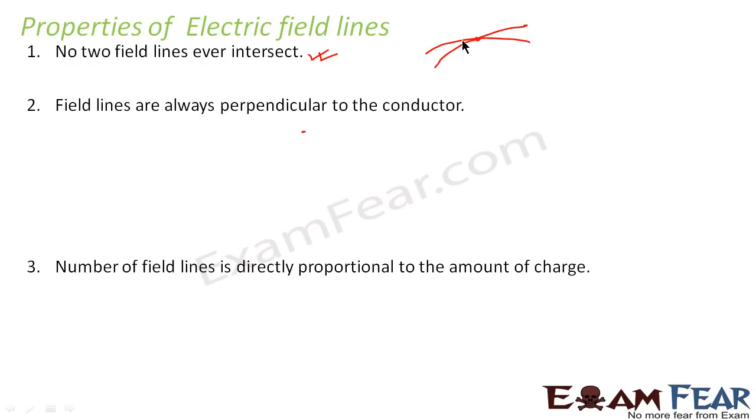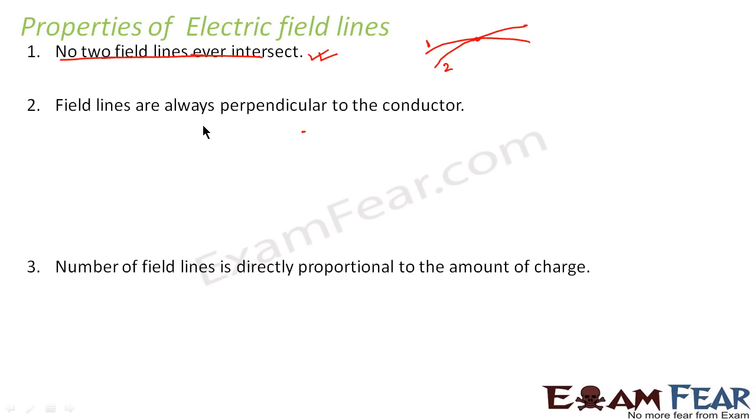What are these field lines representing? They are representing the direction of electric field, right? So at the point of intersection, we mean to say that there are two directions of electric field, right? Because the direction represented by line 1 is also there at the point of intersection, and the direction represented by line 2 is also there. That means at the point of intersection, both the directions of the electric field exist. But is that feasible practically? Can there be two directions of electric field at one point? No. Right? At one point of time, the electric field can point in one direction only. Therefore, no two field lines can ever intersect.